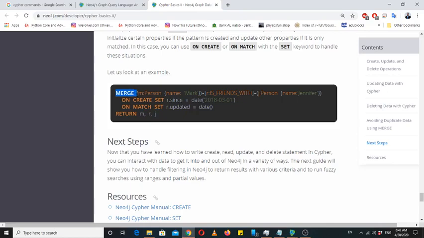First of all, it searches for this node in the graph database. If it finds it, then of course it works as MATCH and loads the information of that node into this variable. But if it does not find that node, it creates that node and places its data